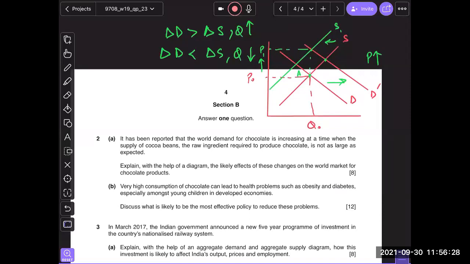But at the same time, supply is falling as the key input is becoming limited in supply, which would mean a falling effect will happen. And you draw the diagram. In this diagram, you assume the demand change is equal to the supply change. However, if the demand change is greater than the supply change, if demand is increasing more than supply, you will see the quantity bought go up. At the same time, if the change in demand is less than the change in supply, your quantity will fall.